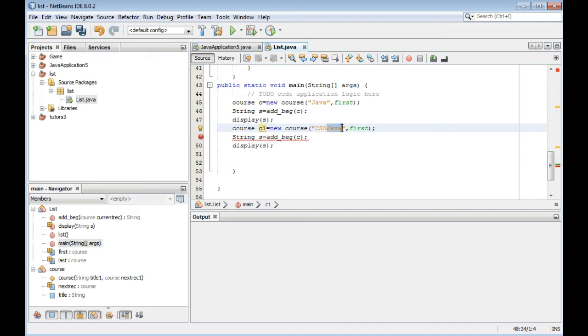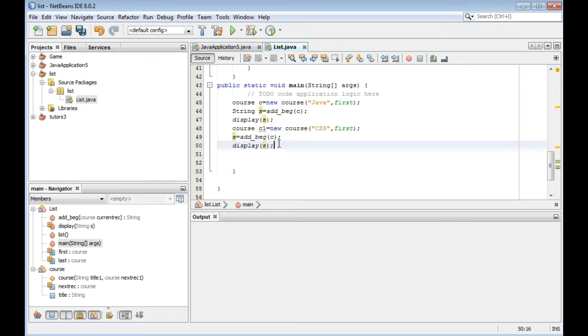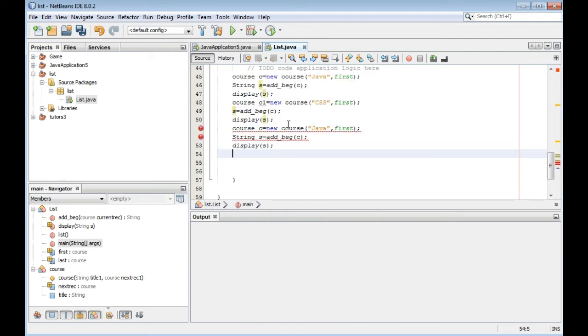And we add another record. Copy and paste another course. This time we have C1, and the course is CSS. And this should be like this, right?